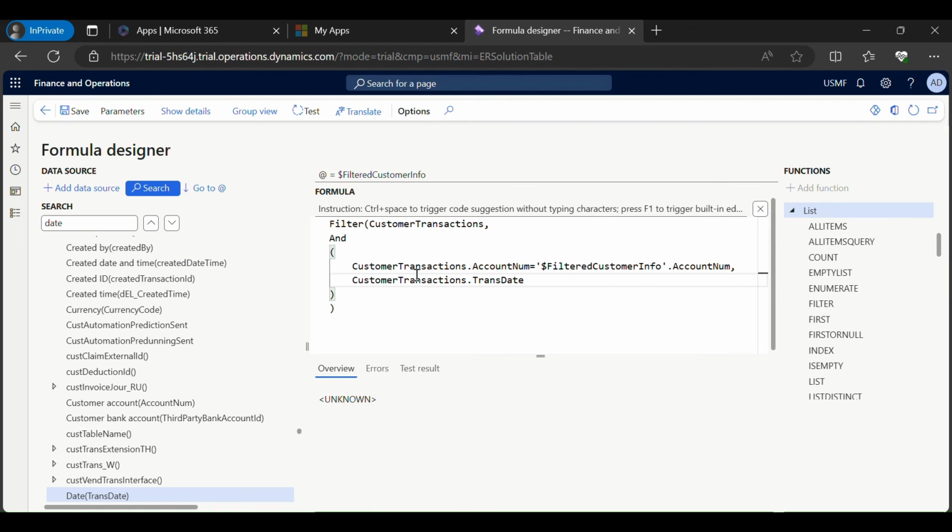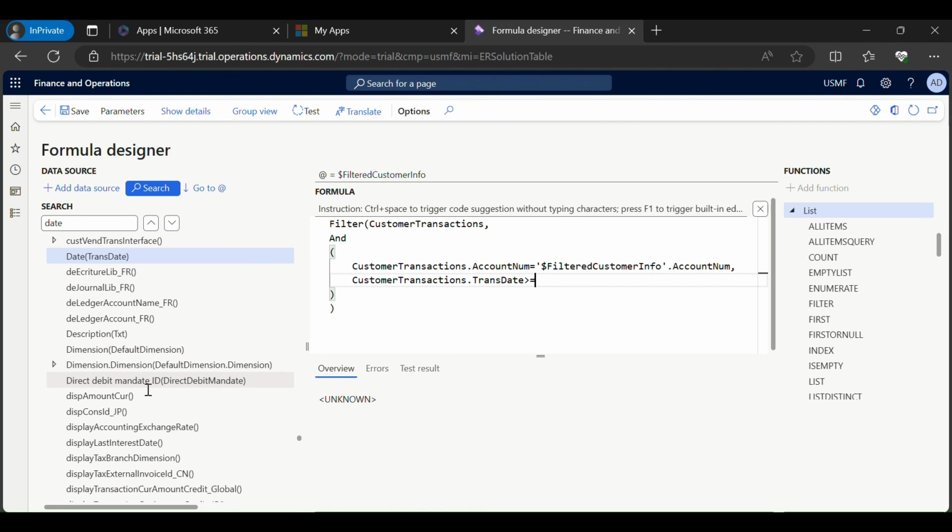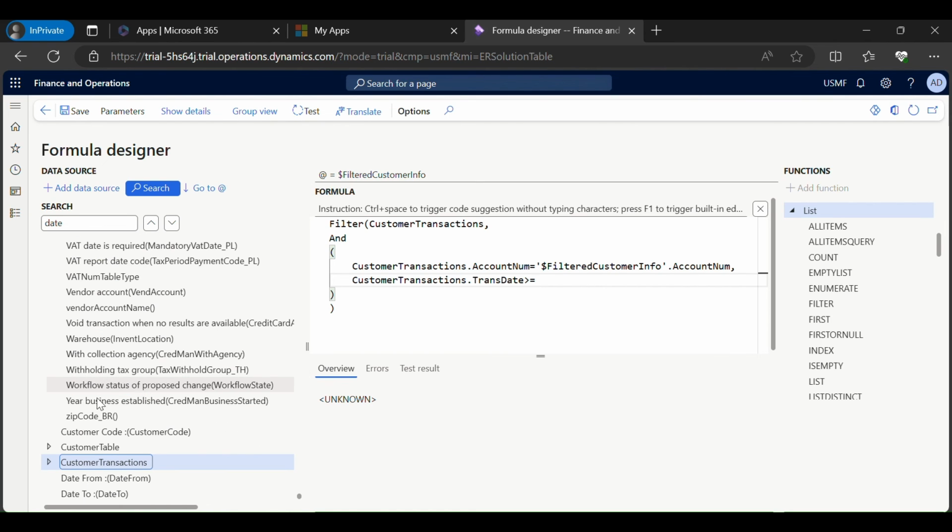I need to double check to make sure that the transaction date from the customer transaction, when the customer trans date is bigger than or equal to the date from parameter here, and one more condition